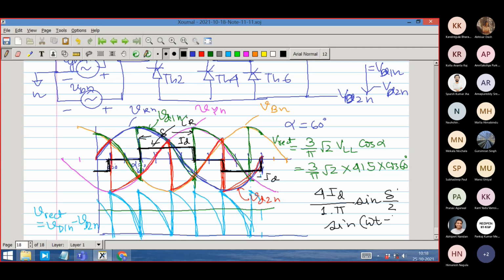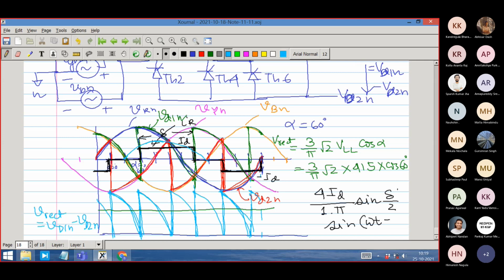Where would it be? Its 0 will be located... cannot tell from observation. 60 degree, right? So it will be located not at 60 degree. Sorry, not at 60, or maybe I don't know. Yeah, you may say theta is equal to 60, right? So its 0 is located here.